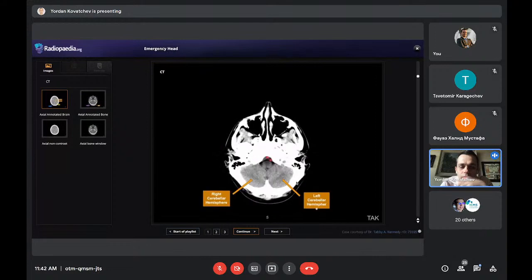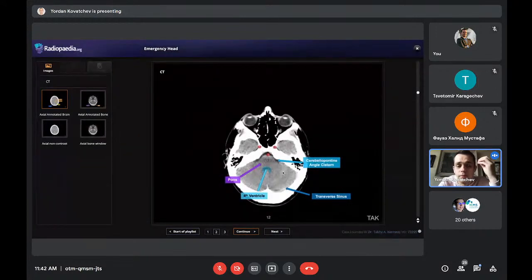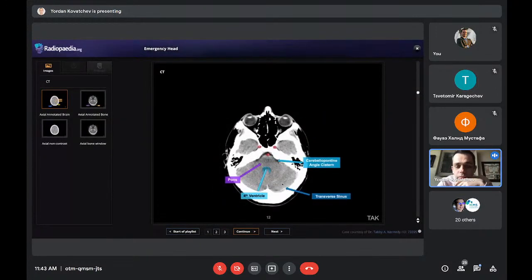Now, some gross anatomy. The lobes, here we have the infratentorial space. So this is below the tentorium, where the cerebral hemispheres are. This is the left one. Remember, on your screen on the right, we see the left part of the brain, and this is the right cerebral hemisphere. And this is what I mentioned to you, the fourth ventricle. It's pretty small. I'll show it to you now without annotation, but we always look at it because if we see that it's smaller than normal, then we think there is mass effect in the posterior fossa. And that's really important because it means that there is something going on there, and the patient will develop hydrocephalus. This is the pons, part of the brainstem.